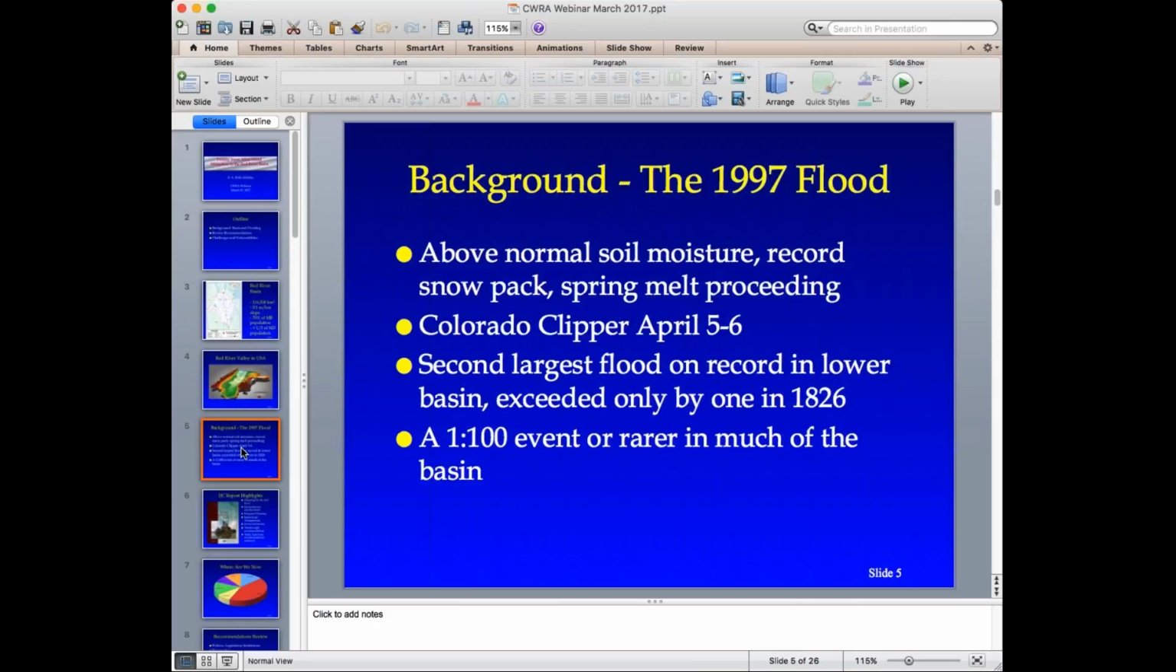And that, in effect, shut down the runoff that was already occurring. And then when it proceeded again, we ended up with a relatively short, sharp peak, which turned out to be the second largest flood in terms of flood elevation, the second largest flood on record certainly in the lower part of the basin. It wasn't a record flood in the Fargo area. And this flood has been exceeded only by the one in 1826, which is a historic flood that was well